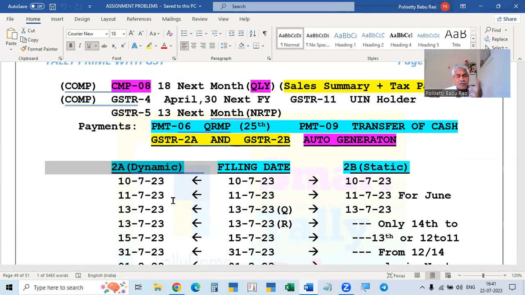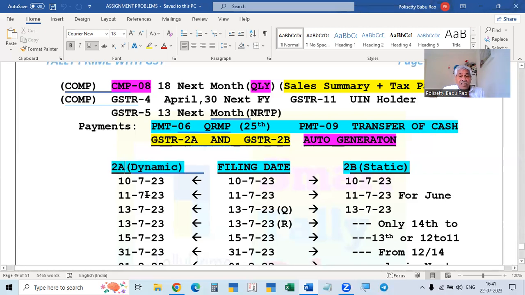April, May, June, 3 invoices I uploaded. In that case, in the particular person's GSTR-2A, these 3 invoices will be uploaded in the particular months. So April month will be updated, May month GSTR-2A will be uploaded, and June month. All 3 months' GSTR-2A will be uploaded with this information. That means it is updated for the particular month. So the month for which we filed the return, the 2A will also be updated for that particular month